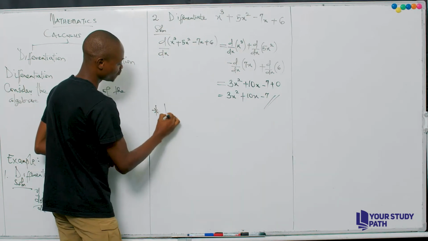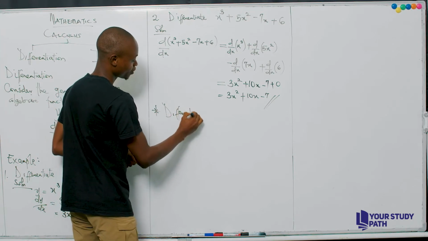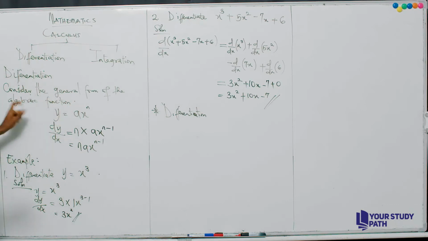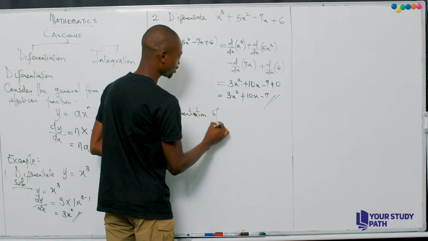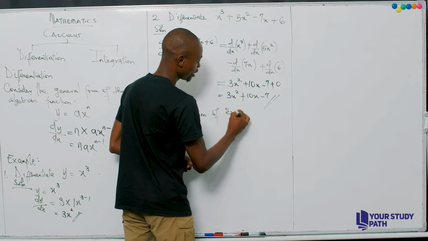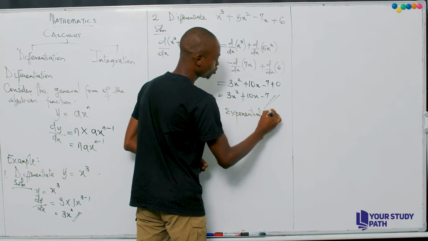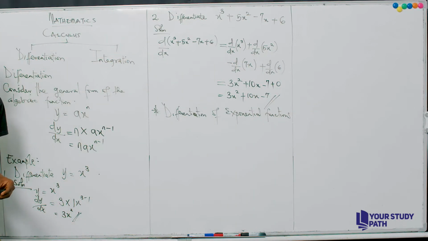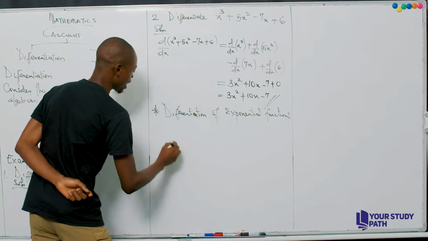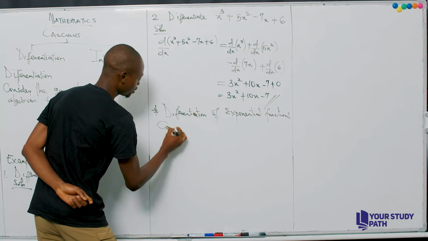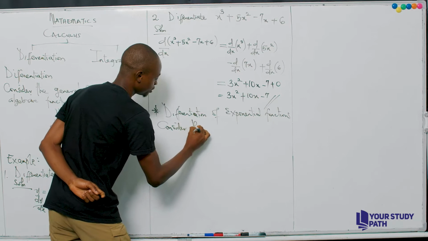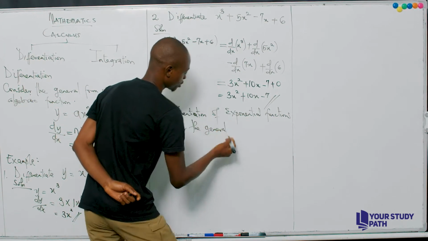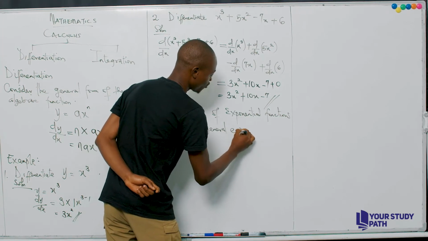So we have done differentiation of algebraic functions. If we carry out the differentiation of exponential functions, how do we do this? When we talk about exponential functions, we are talking about functions that have this general form. Consider the general exponential function